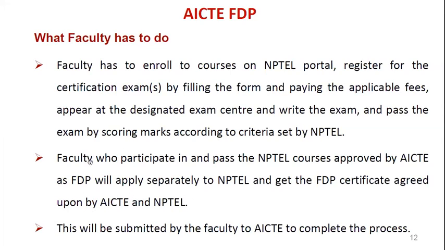As I mentioned, during exam registration you can tick the option by paying 100 rupees extra for FDP. Then this will be submitted to AICTE to complete the process. Everything is online and automatic. You will get the FDP certificate through your login, and you will also get a message alert. In your mail you will also get a download link. Even as a SPOC in the local chapter, you can download all faculties' FDP certificates and keep them in the NBA NAC file instead of collecting certificates from individuals. You can directly download them as a SPOC.